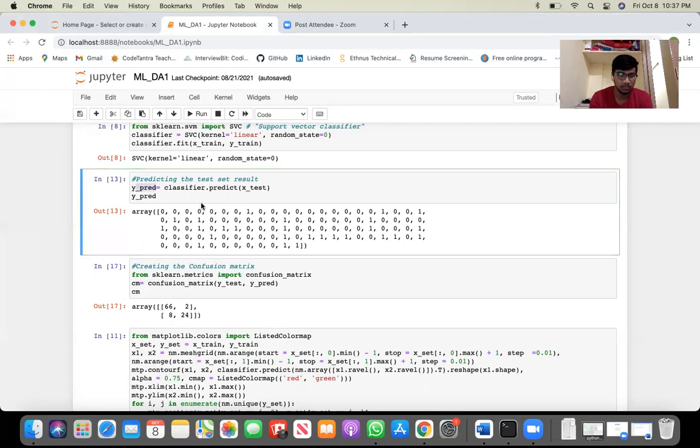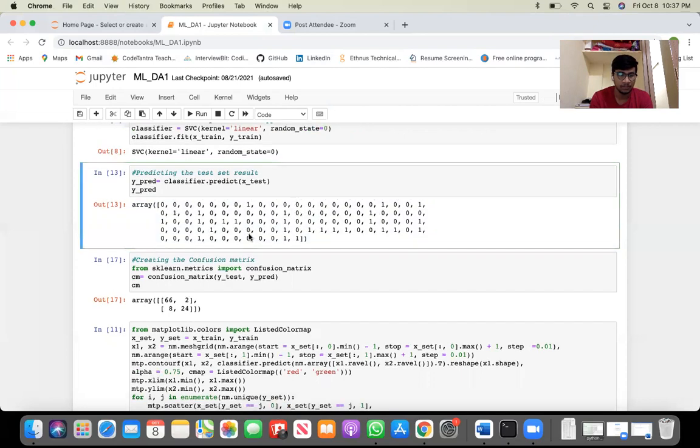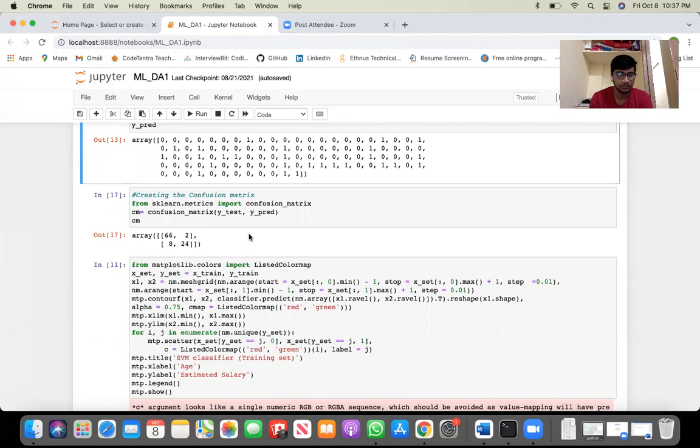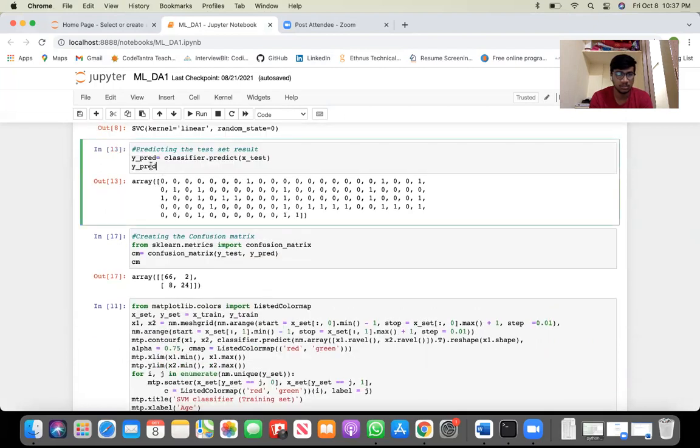y predict. After getting the y predict vector, we can compare the result of y predict and y test to check the difference between actual value and predicted value. So by checking, we will get the output in an array, this one. And the output is the prediction of the test. So I mentioned here predict.